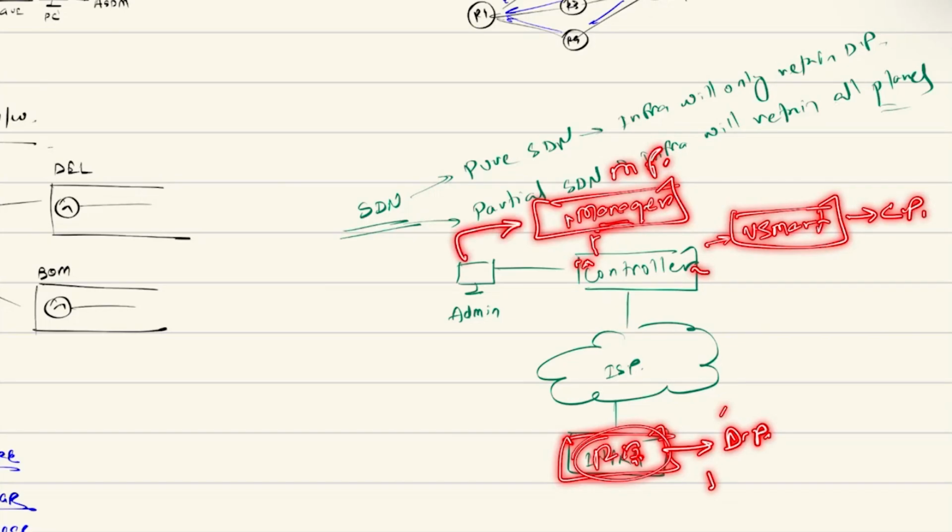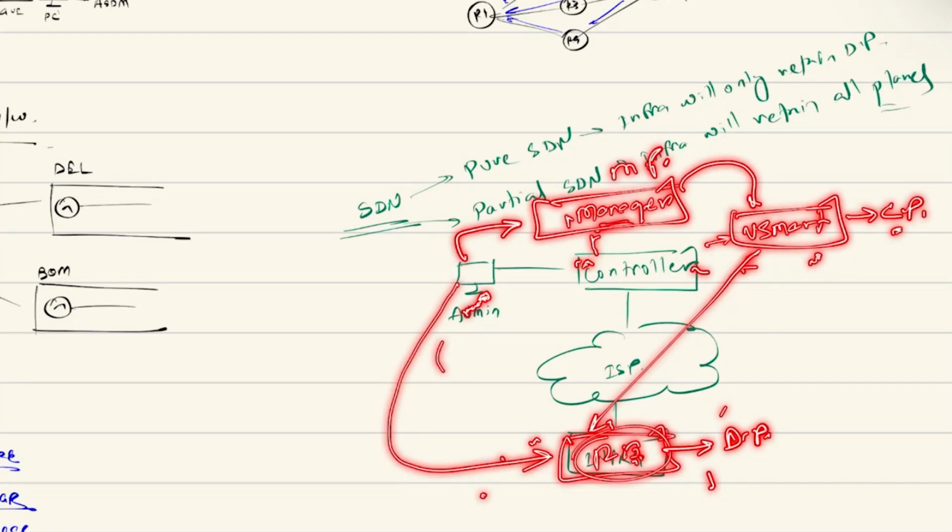So the admin always communicates with the manager. You log into the manager GUI, you create some config, and when you select that you want to push the config, the manager will speak to the vSmart, which is the control plane, saying, hey vSmart, can you push this config to the device for me? And the vSmart goes and communicates to the device and pushes the config for them. Right? Now, in this case, can you directly configure the device using maybe CLI? No. You can only manage the device via the controller. That is the case of pure SDN.